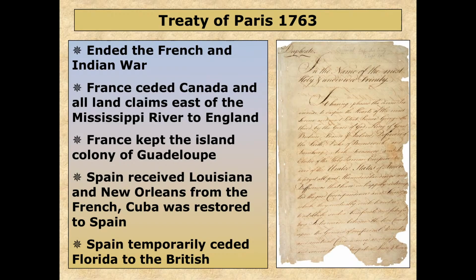So this Treaty of Paris that we're talking about today is the Treaty of Paris in 1763. This is the one that officially ends the French and Indian War. Now, New France is pretty much going to go poof. France doesn't control it anymore. It's going to be controlled by the British and by the Spanish, because remember, they're involved, but on the British side. So, this is how we're going to see things play out.